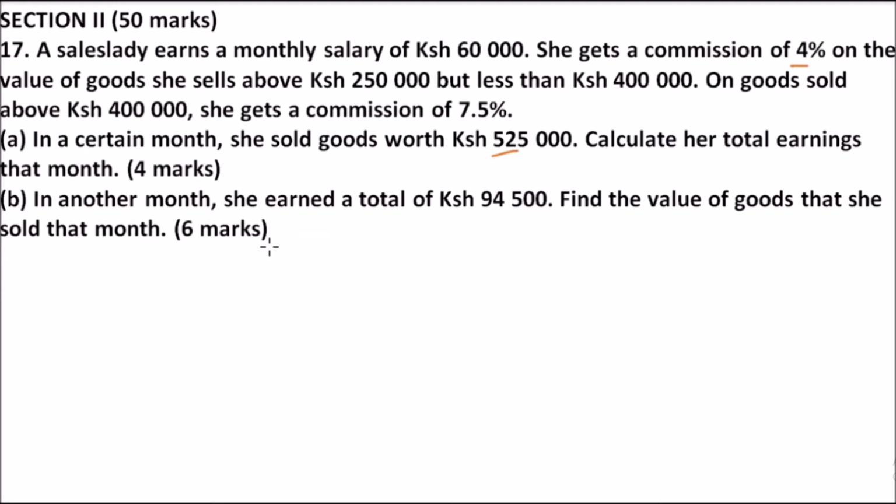So this means she first gets 4%, that is 4 over 100, multiplied by goods between, that is 400,000 minus 250,000, then plus whatever she sold above that, she was getting 7.5%. So this means 7.5 divided by 100,